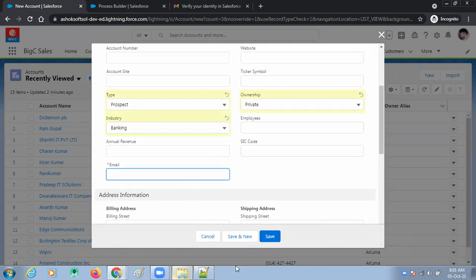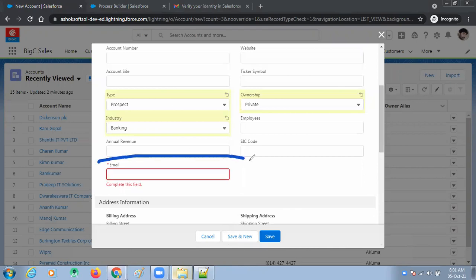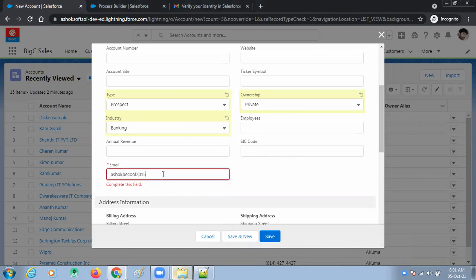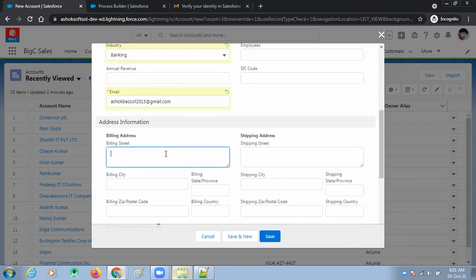Email: this field, as I already told you, is a custom field I created inside my contact object. This is Ashok B 2015 at the rate gmail.com. The billing address: plot number 201, Bhanagudi Junction, Kakinada.